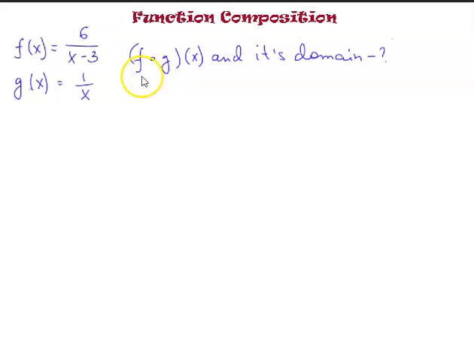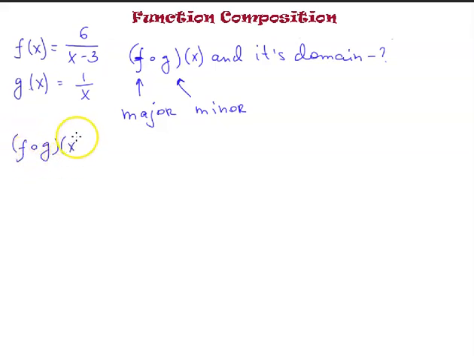So first things first, what do I do? When I look at the function composition, I see that function f is taking the first spot. Because of that, I call it the major function. My function f, because it's sitting in the very first spot, took the position of the major function. Now function g, because it follows f, I call minor. The formula for the function composition is f